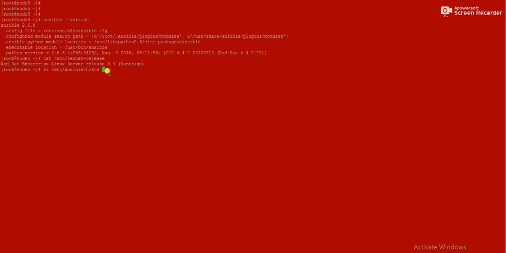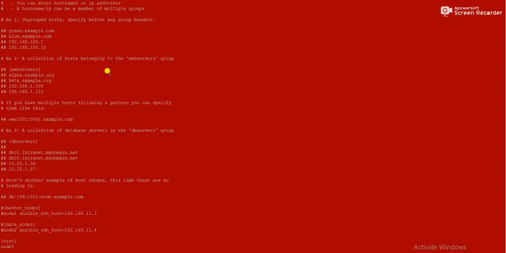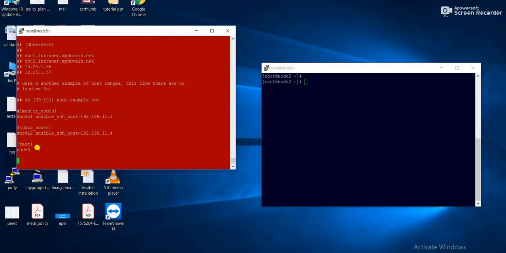So I'm just opening that inventory file. Go up, and here, this is the inventory file, so I need to add that node 2. I can make an entry by IP address or host name. So in my case, first I have to,